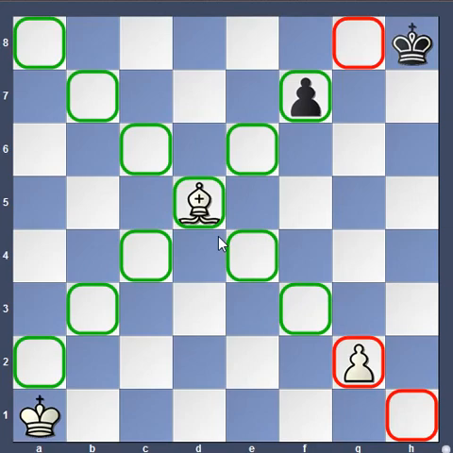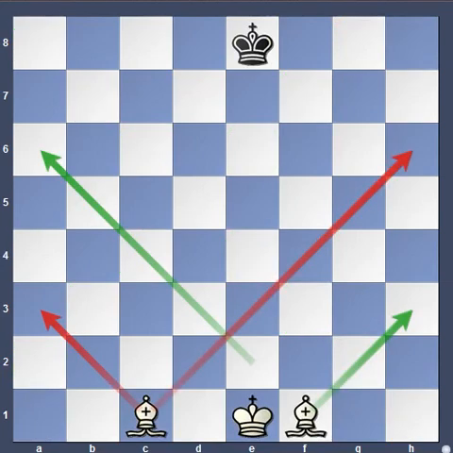So here we can understand one thing, that the bishop at the beginning of the game, if it is placed in the light square or if it is placed in the dark square, it will remain in the same color throughout the game. Position of the bishops, one is placed in the dark square and another one is placed in the light square. This dark squared bishop, throughout the game it will move in the dark colors only, it cannot move on to any light square. And this light squared bishop, throughout the game it will be moving in the light squares only, it can never come to any dark square.